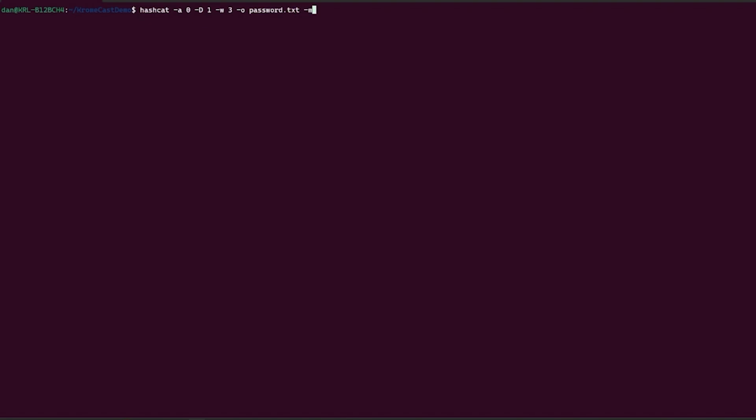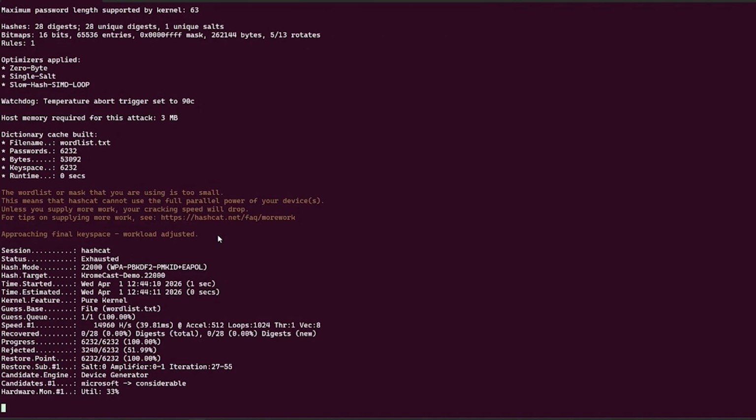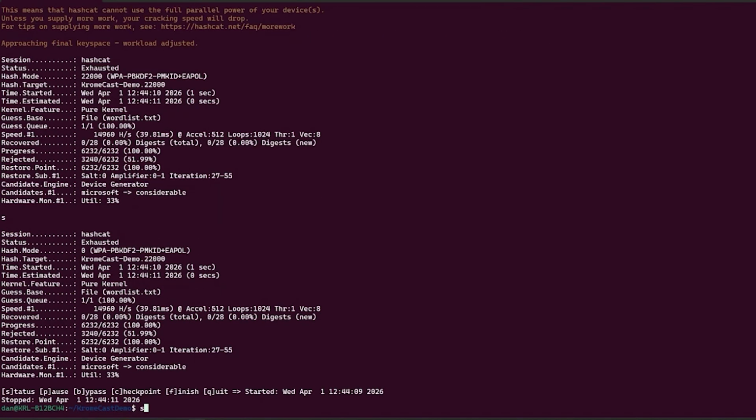We're going to set the type of hash that we're working with as 2200 again. This is all in the hashcat documentation for exactly what numbers mean which hashes. In this case, this is the one relating to Wi-Fi keys. We are then going to reference the file we want, which is our hash, and then we're going to mention the word list that we generated. So we'll send this off now. Off it will go, and then we'll see